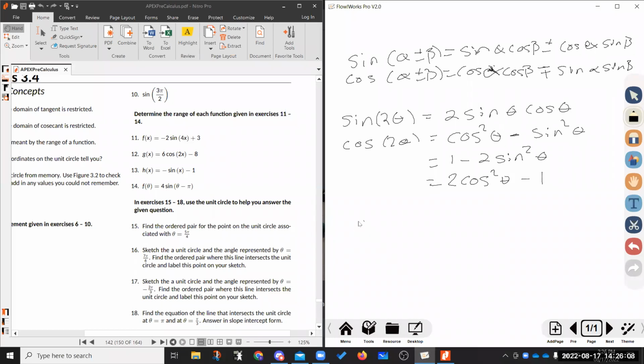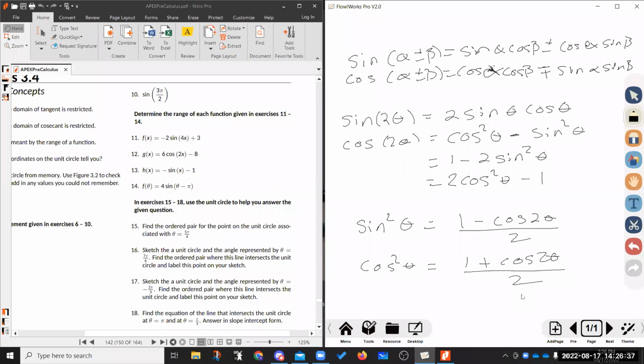Your power reducing formulas tell you that sine squared of theta is going to be equal to 1 minus cosine of 2 theta divided by 2. And cosine squared of theta is going to be 1 plus cosine of 2 theta divided by 2. Those are going to be important ones for you to know